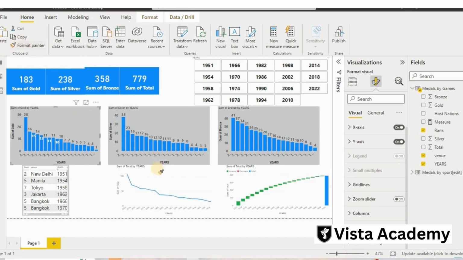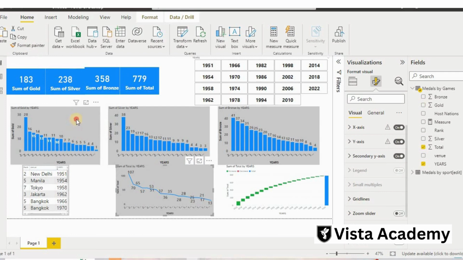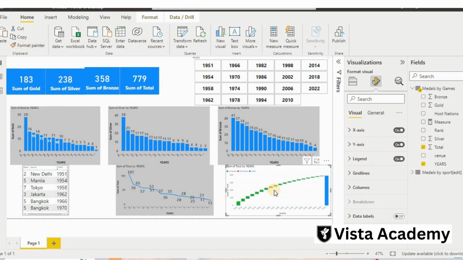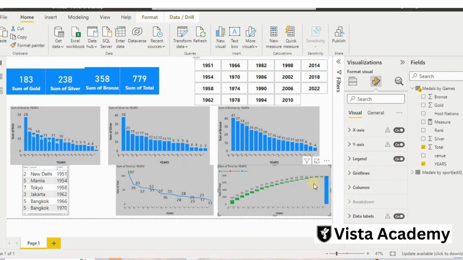Here format, change over this chart also, then I click over this and change over this. So now we have different charts showing different ways of looking at things; here we have rank wise, venue wise, and all the things.